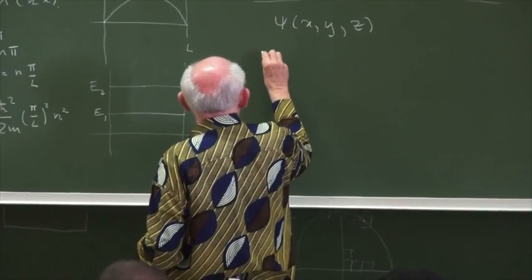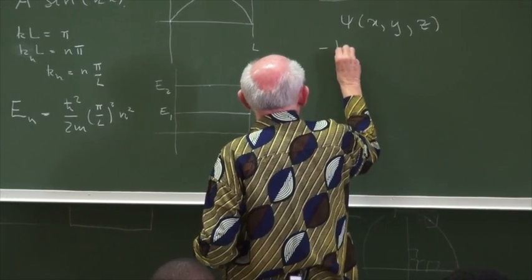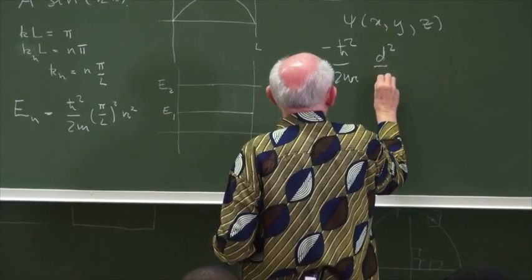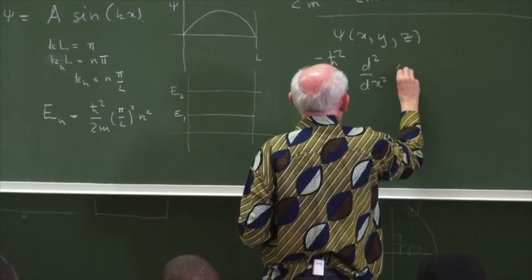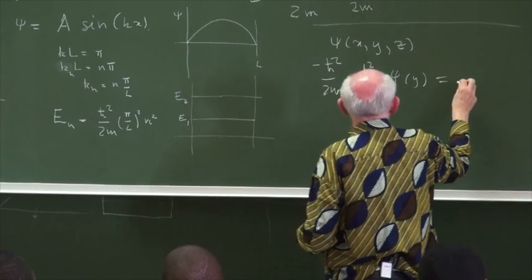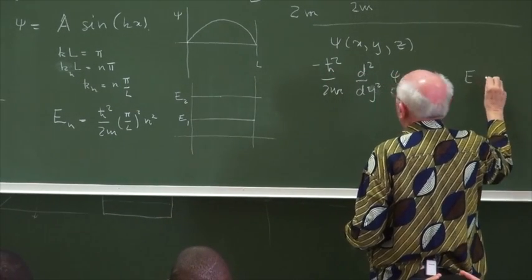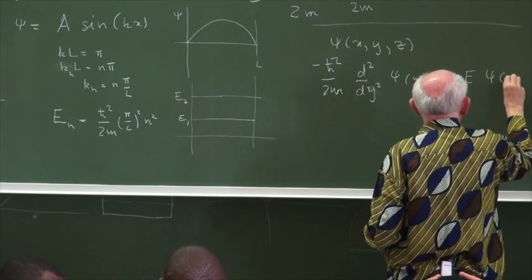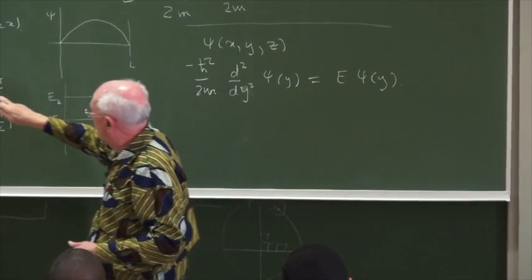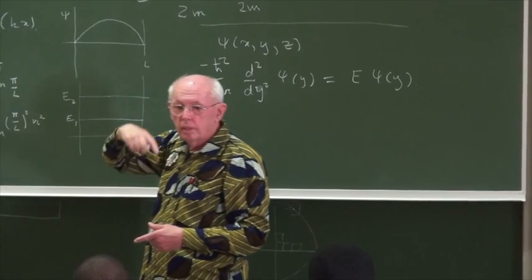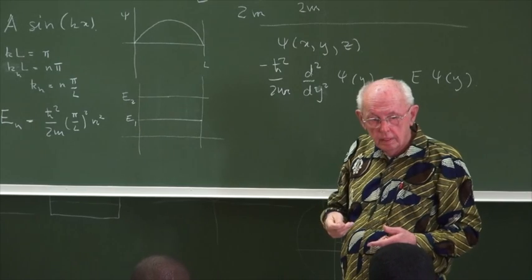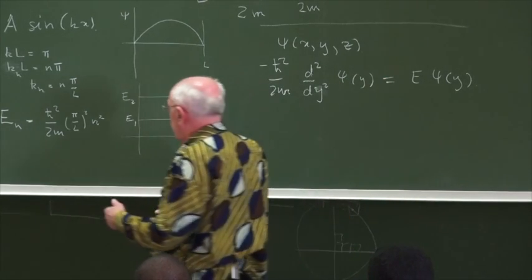So that one, and we have another equation that goes like h squared over 2m d2 dy squared of psi y, and it's again E psi y, and so on. And then we can get a k which is associated with the x direction, a k associated with the y direction, and a k associated with the z direction. So in general, if